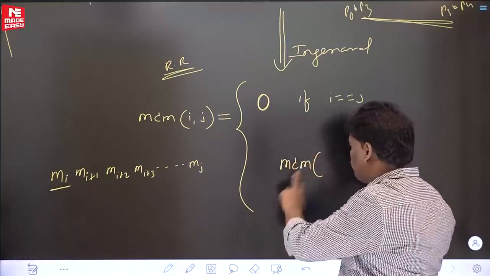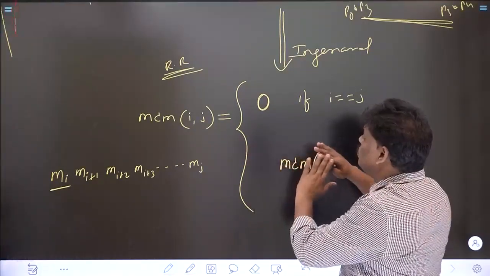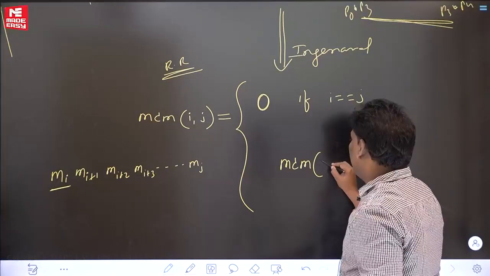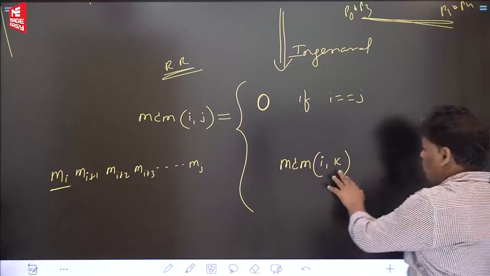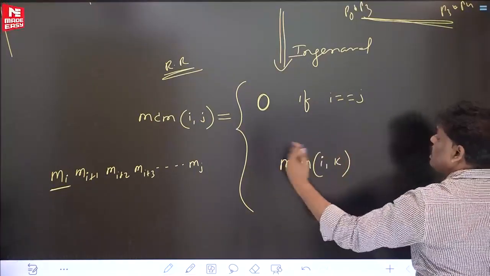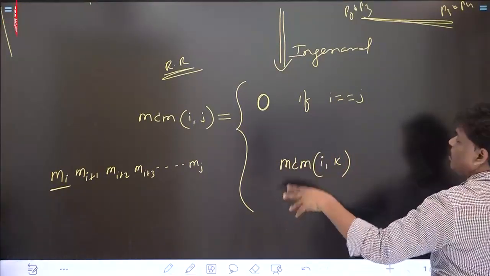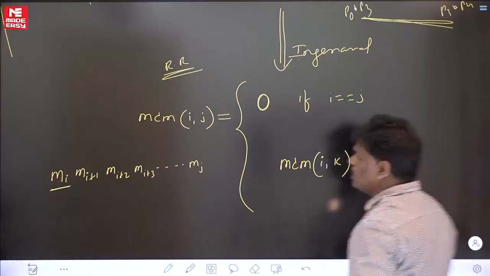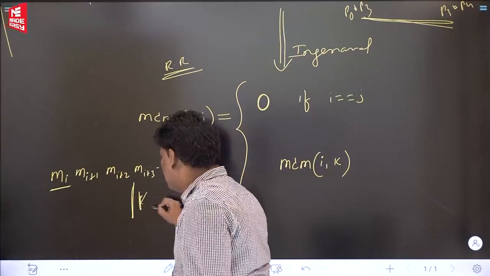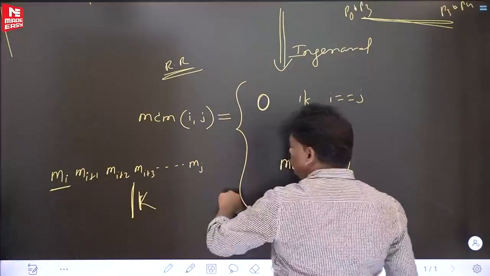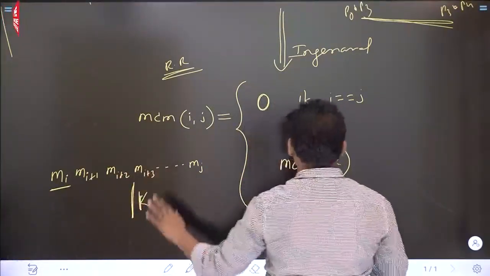I2J matrices, if you want to multiply, you have to divide into two groups. How? Just simply like this. I2K matrices first multiply. Some K, what is the K? I will write. I2J matrices, if you want to multiply, you have to divide that one into two groups, right? What is the answer? I2 some K you divide. I2J you want to multiply, I2K you divide first, right?